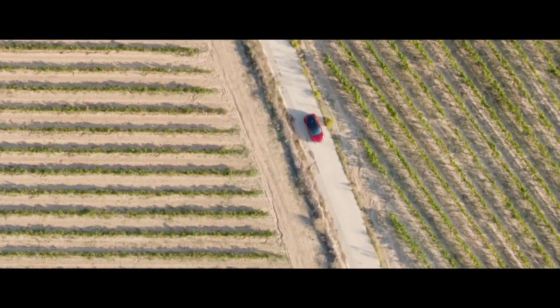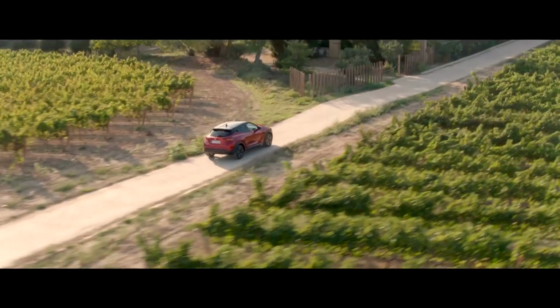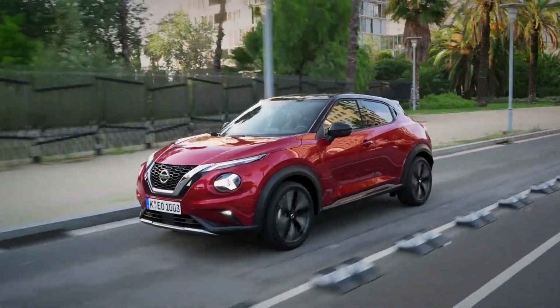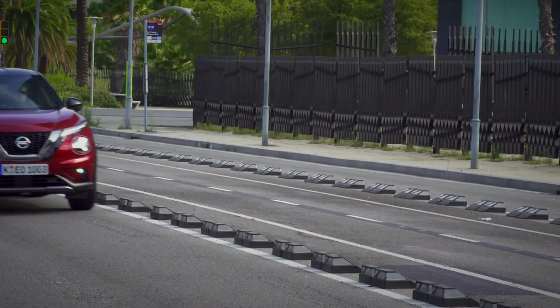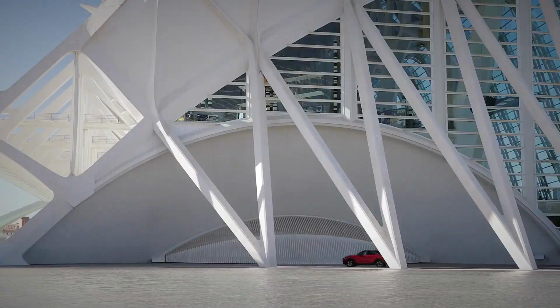In profile, the new Juke actually looks pretty good, with bold, exaggerated wheel arches and tapering roofline, giving it a sporty look. Built at the firm's Sunderland factory in the north of England, the only engine offered is a 1-litre turbocharged 3-cylinder petrol from the Micra, with either a 6-speed manual gearbox or an all-new 7-speed dual-clutch automatic, replacing the